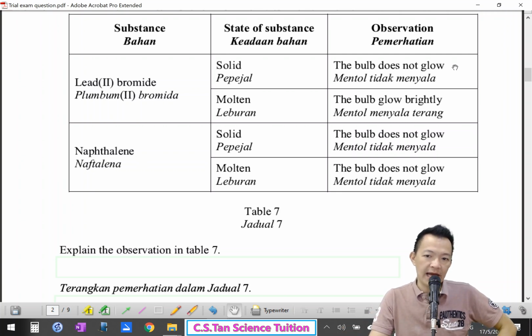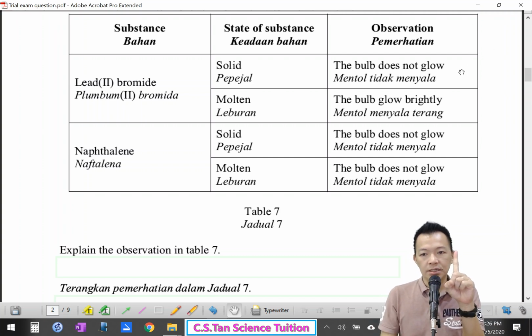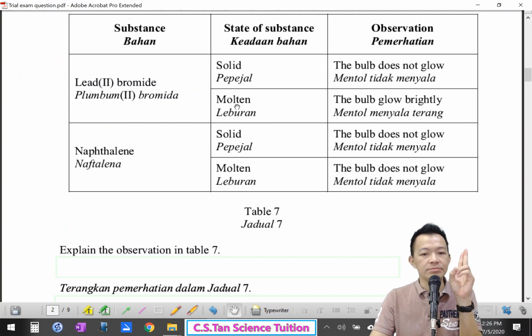Now this is my observation. I have to explain. Okay, so solid naphthalenes, solid lead bromide, cause the light bulb does not glow. Why? 为什么呢？Explain about observation. So in the solid stage, I start 我开始回答问题啦。In the solid stage, lead bromide does not conduct electric. So the bulb does not glow mean, okay, it does not conduct electric. 它不导电1分。Why? 解释一下。Because all the ions are not mobile, all the ions are tied together, they are not free to move. Or another meaning, no free moving ion, 没有自由活动的离子。I get 2 mark, 2分啊。